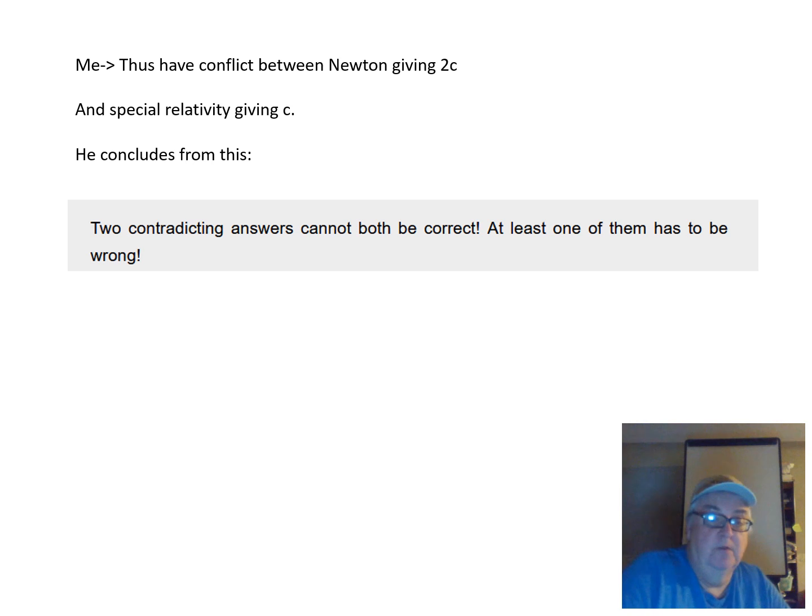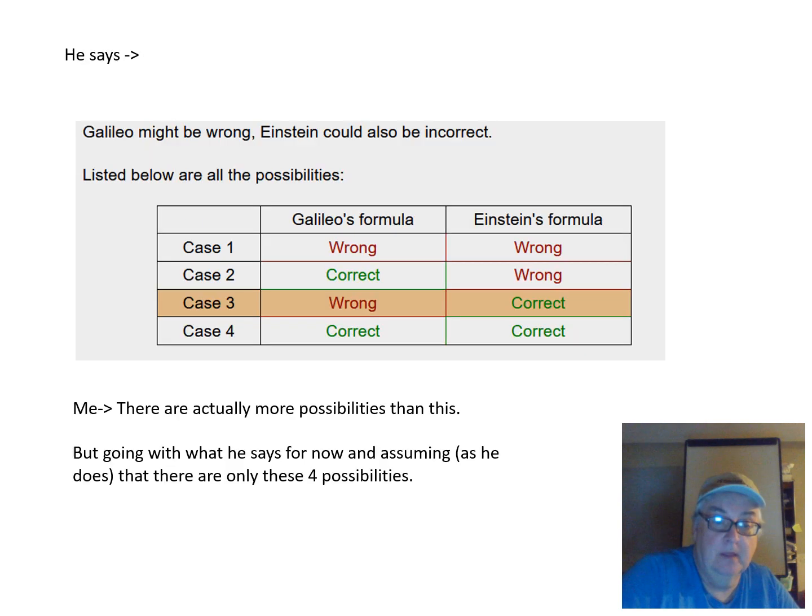Thus we have a conflict between Newton giving 2c for the relative speed and special relativity giving c as the relative speed. He concludes from this, he concludes two contradicting answers cannot both be correct. At least one of them has to be wrong! And he goes on to say this. He gives this box